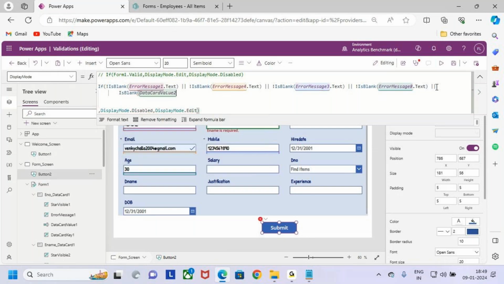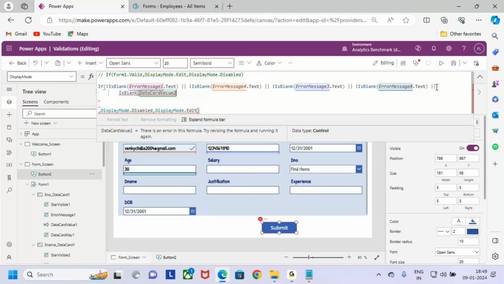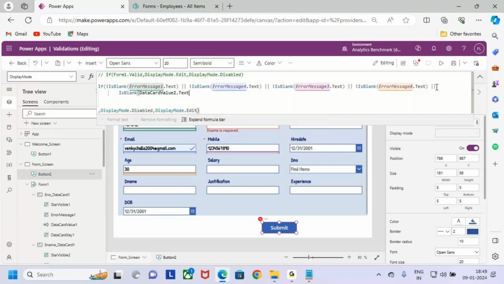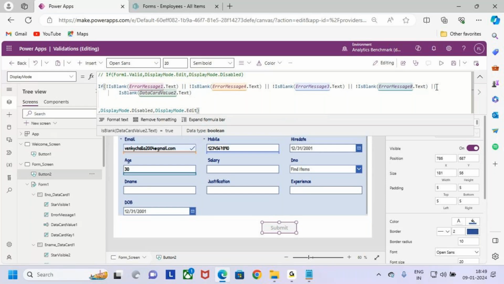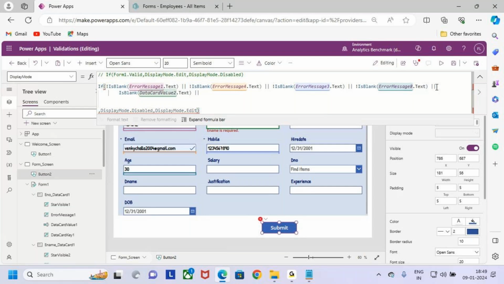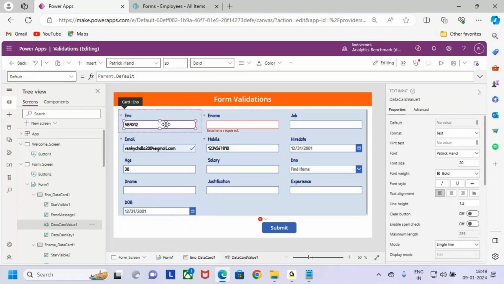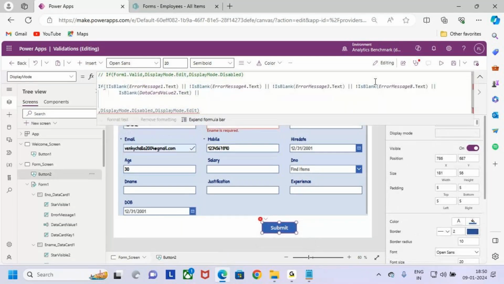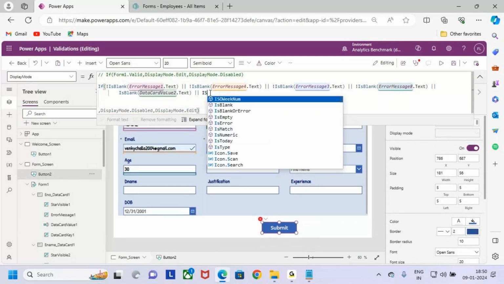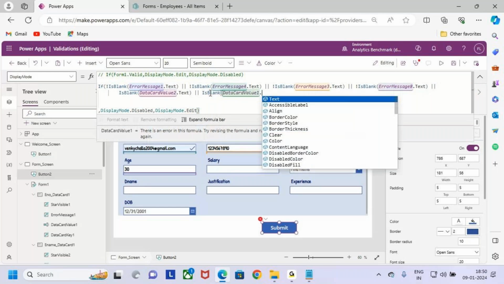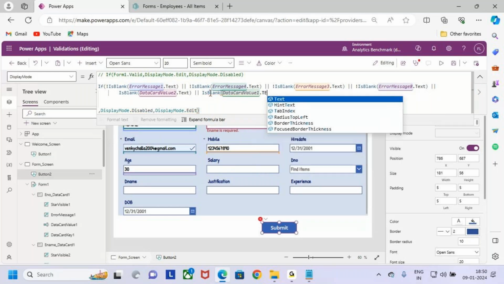If the e-name is blank, this is the employee name data card value. If the e-name is blank, or the employee number data card value, if this one is also blank, copy the name, go here, is blank. If the employee number is blank,